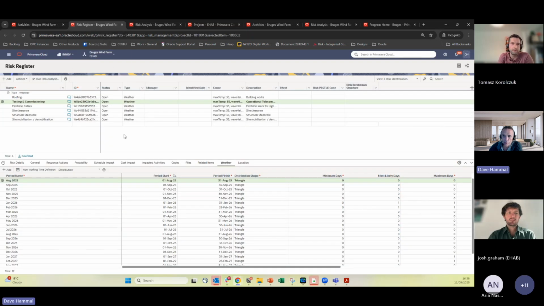Yeah. So, focusing on the weather here, I've just got the weather risks in this example, but this could absolutely have 10, 15, 20 threats and opportunities. I could have activity uncertainty, it could all be in here, right? And as I was trying to describe earlier, you might have a threat that adds 3 months, and it pushes an activity from a time of year when there's not much weather impact to a time of year when suddenly the weather impact is going to be really quite significant, right?